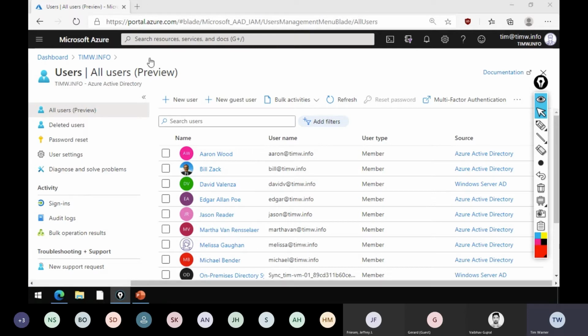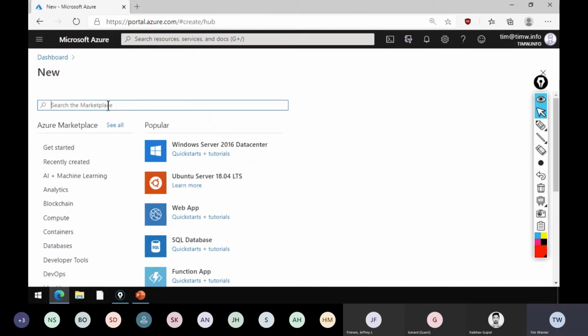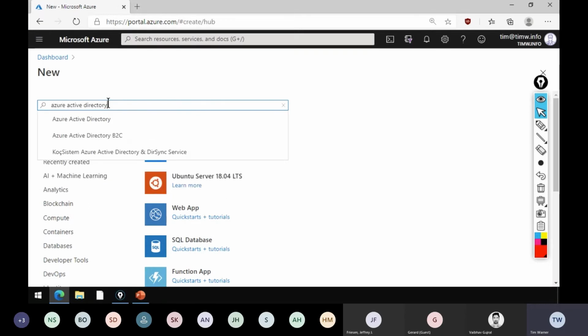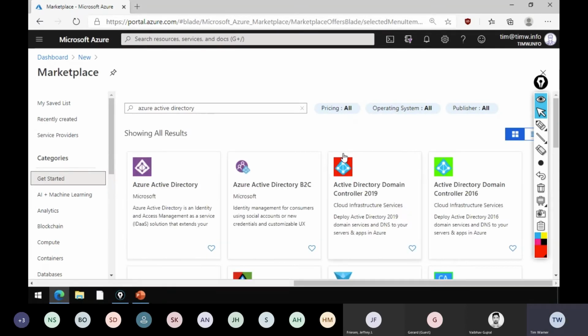In fact, we can deploy those tenants at any time just by heading out over to the Azure Marketplace and doing a search for Azure Active Directory. And after the pause finishes here, we've got templates for Azure AD and Azure AD B2C. So there's a distinction right there.